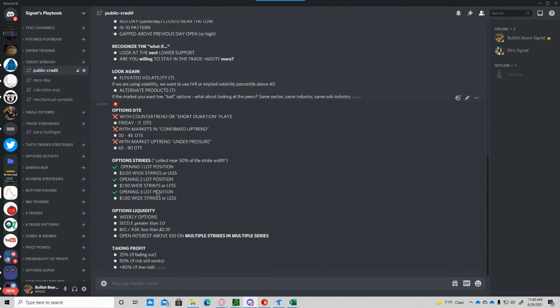So this is the construction and the setup for a swing trade and all of the various parts and pieces that go with it. It's not an exact science. If you're trading naked options, you're going to want different criteria. If you're day trading, you're going to want different criteria. But hopefully this gives you a glimpse of the kind of things you want to look at when you're building